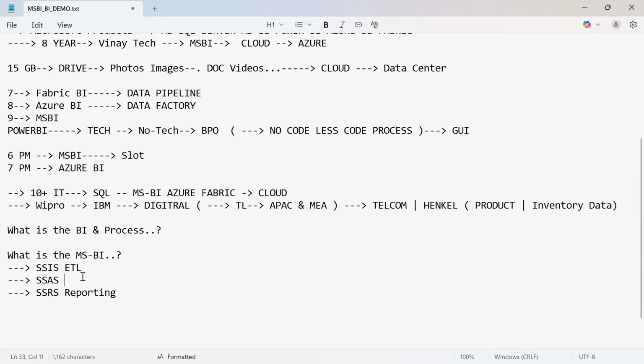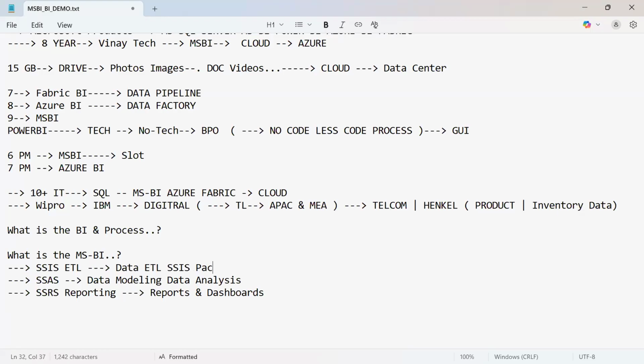So you can get a job as an MSBI developer, or if you are very good at SSIS, go as an ETL developer. If you are good at data modeling, you can go for data modeling jobs, that is data analysis or analytics. And for reporting, or preparing reports and dashboards, you can go for report development: paginated reports, dashboard reports, graph reports, any format of reports you can design. Here, what we are doing is data pipelines, ETL pipelines; we are developing ETL SSIS packages here.